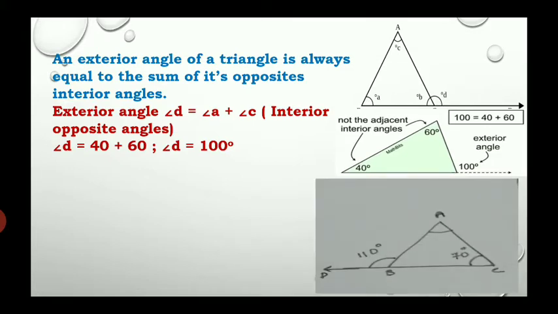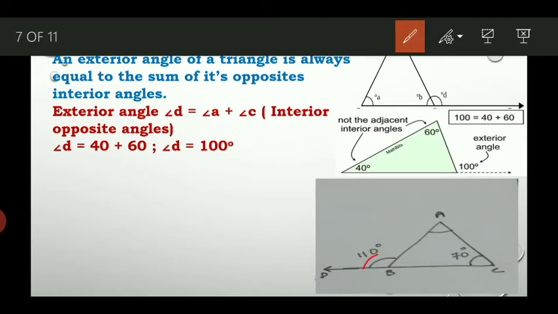Now you see how to find angle A. Angle C is given, and exterior angle ABD is given. Now you are told to find angle A. So this is the exterior angle, and the opposite of this angle is this and this, isn't it? As you know, the exterior angle is equal to the sum of the two interior opposite angles. So the exterior angle we know is 110, one interior angle we know is 70, and we have to find the other one. So how to solve? See how to solve.